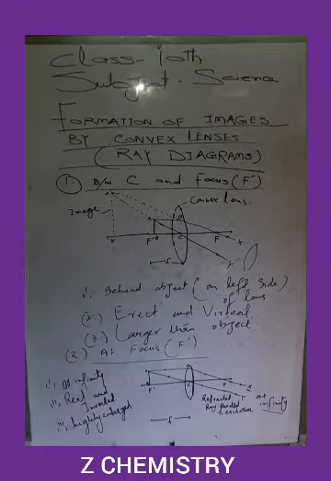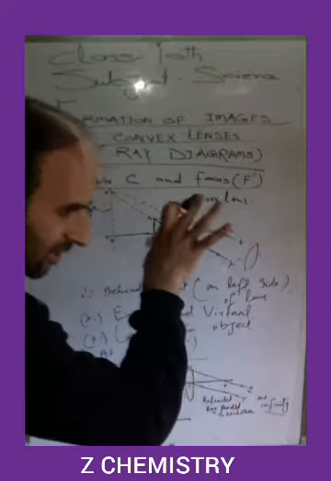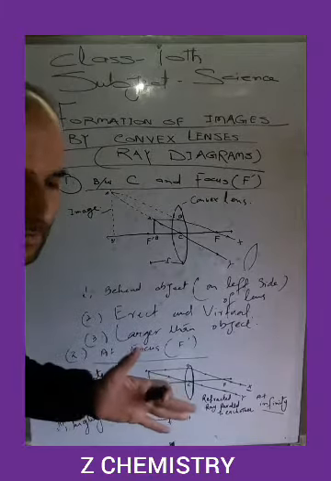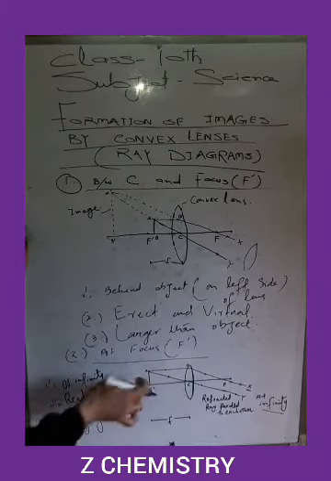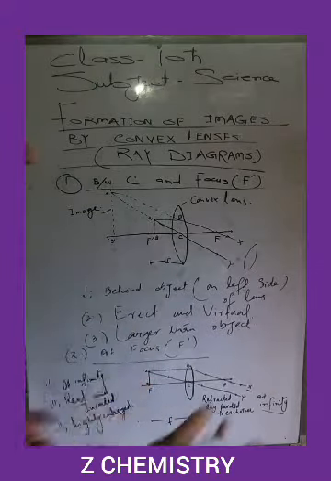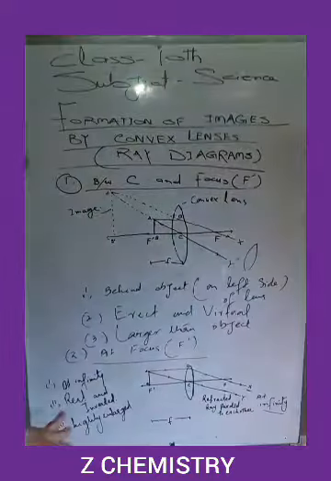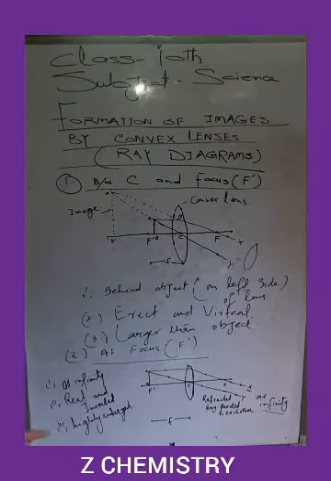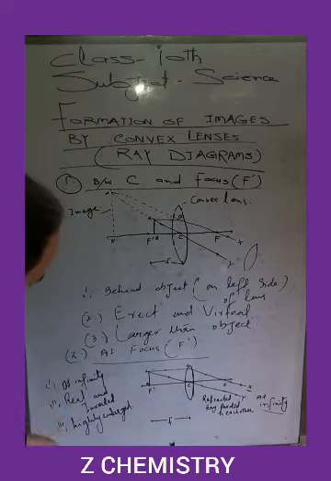As the two refracted rays are downwards of the principal axis, they will intersect downwards of the principal axis. Or we can state that the image will be inverted. The position of the object and the position of the image will be opposite to each other. The image can be obtained on the screen. Hence, the image is a real image. Hence, the nature of the image is real and inverted.